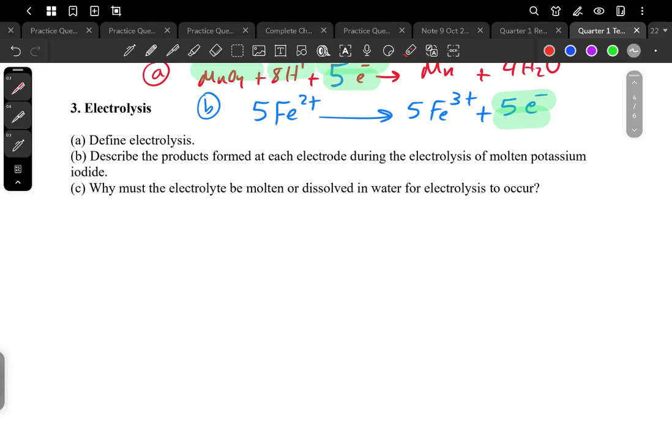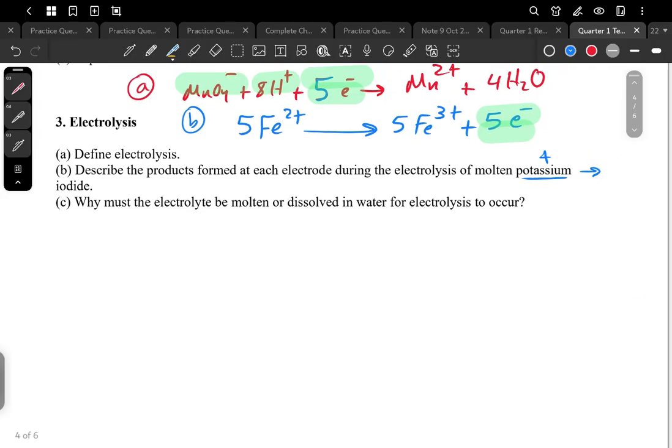Electrolysis. Define electrolysis. We said before, electrolysis is the breaking down of ionic compound into ions using electricity. Describe the products formed at each electrode during electrolysis of molten potassium iodide. We said that before. The potassium is positive, so it will be produced at the cathode. Okay, the potassium metal, and the iodine will go to the anode, forming iodine